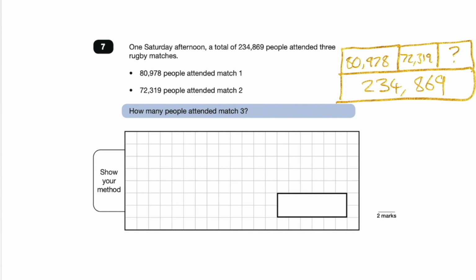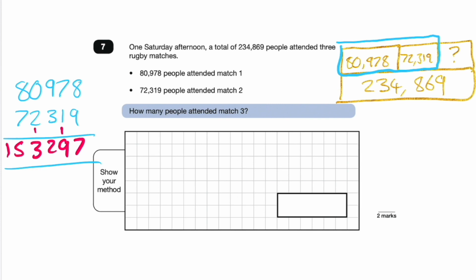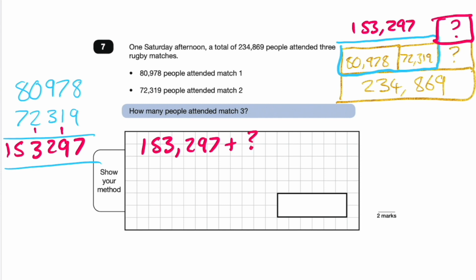So again, it's that missing value question. So our first step is we're going to find the total of the values we know. So let's add 80,978 to 72,319. So my total for match 1 and 2 was 153,297. But we still don't know this missing value. So essentially what we've got is 153,297 plus something equals